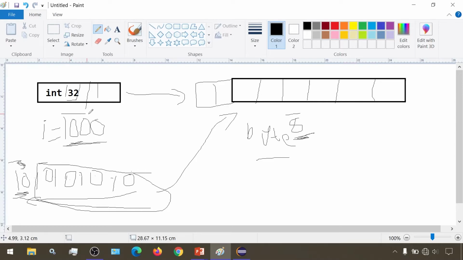We have given this value 1000, it means that we don't want this value to be lost, and if it gets converted automatically, then there might be problems and mistakes in our code. So to avoid that, it is not happening automatically. It is the programmer's responsibility.